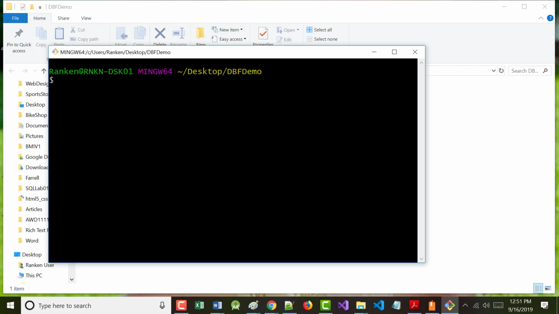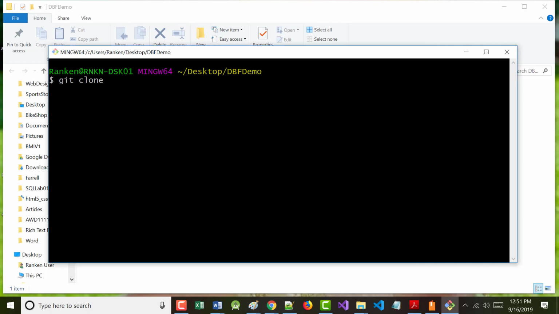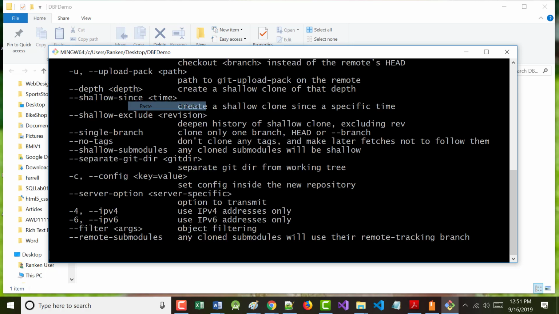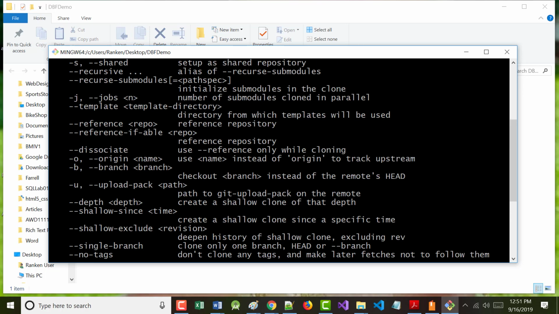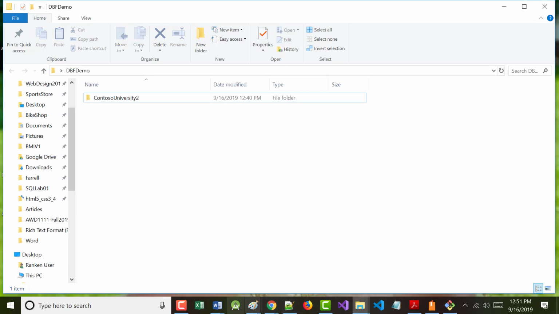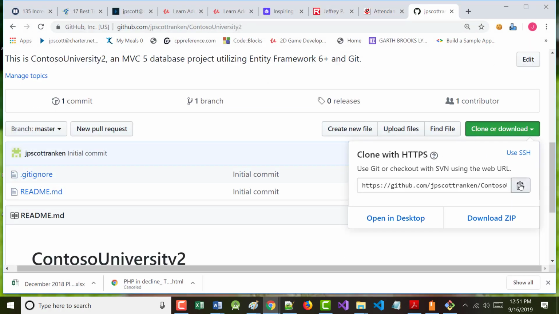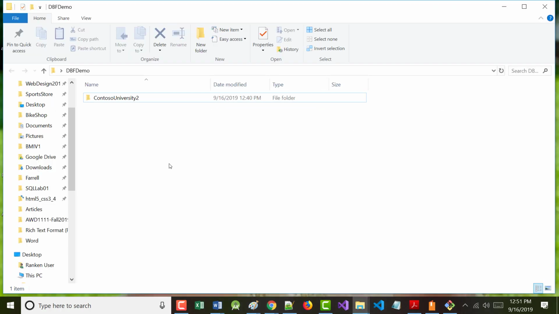I want to type in git space clone space, and then I want to paste in exactly, whoa, I don't know what I pasted in there. Okay, it's because I went and copied something else first. It's okay. We fixed it. Give me a second. So let me copy that again.